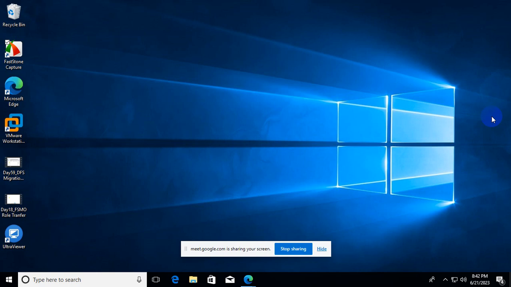So Azure Policy is a service in Microsoft Azure that allows organizations to enforce and maintain compliance with corporate standards and regulatory requirements across their Azure resources. It provides a set of rules called policy definitions that can be applied to resources to ensure they adhere to specific requirements. Here are some key concepts related to Azure Policy, like policy definitions, initiatives, assignments, compliance, built-in